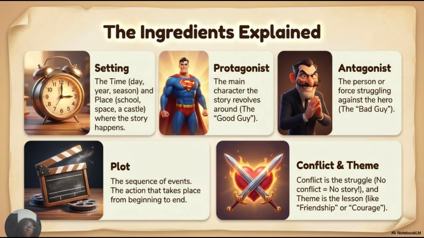Then we go to the third element, known as the plot. The plot is the sequence of events that, when we put together, forms a clear picture of what you are writing about. For example, the lazy girl. When you put the different things that happen together,